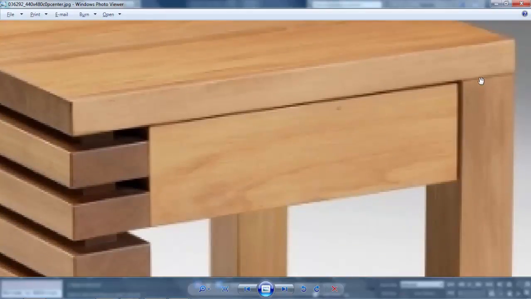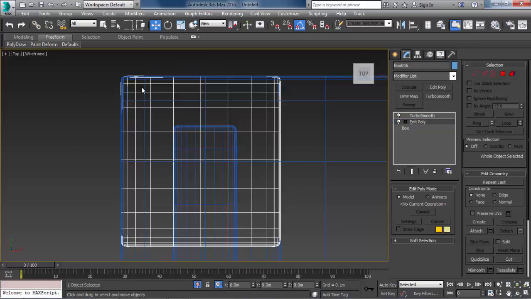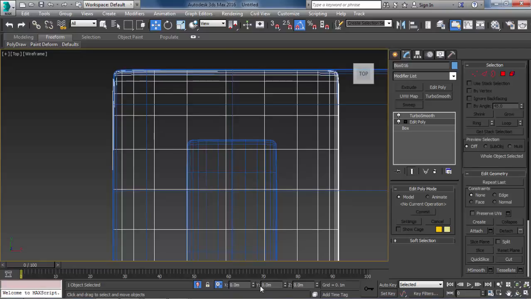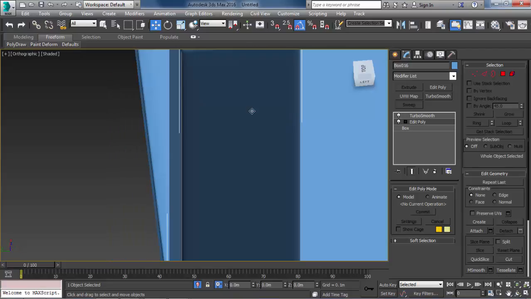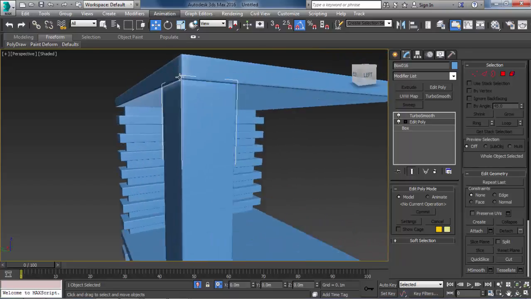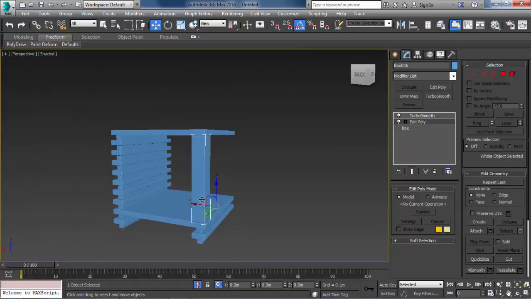You see there's a little gap here, so this is what we're trying to achieve. And I'll move it just a little bit so we can get this gap right here. Good.